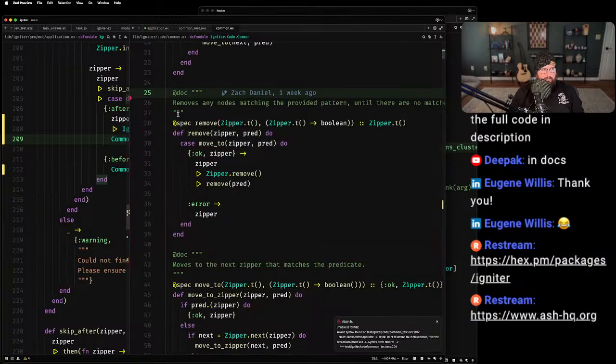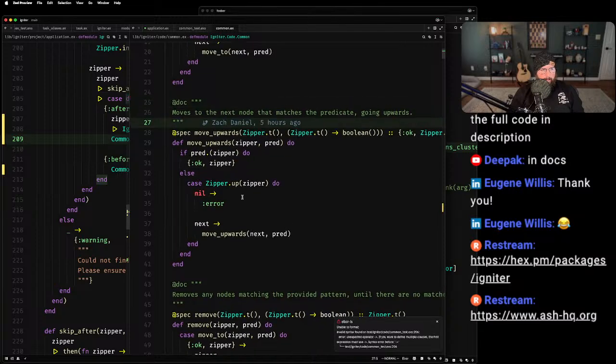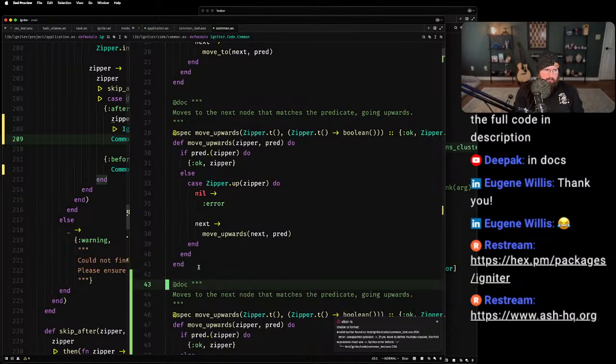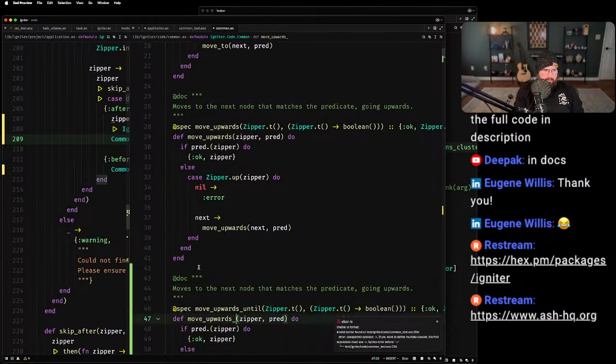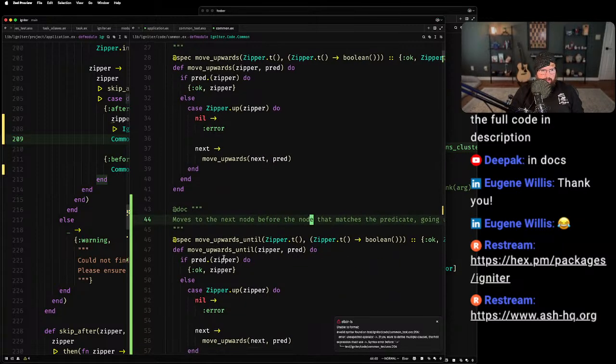All right. So, move to the next node that matches the predicate going upwards. Okay, I need to have move upwards until. And this is move to the next node before the node that matches the predicate.